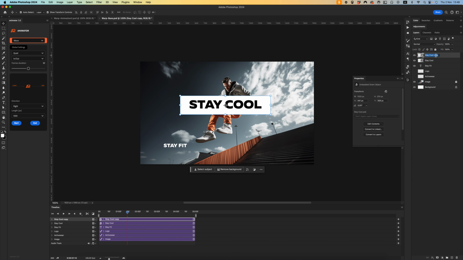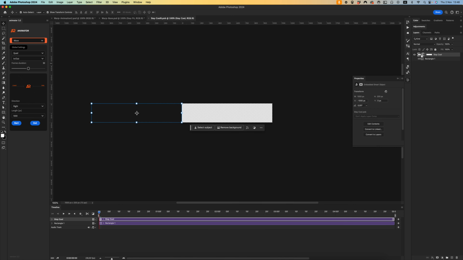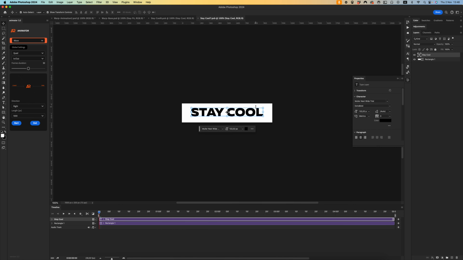Let's rename it stay fit. Go inside the smart object, again double click, and let's edit our text and add fit. Save, close,